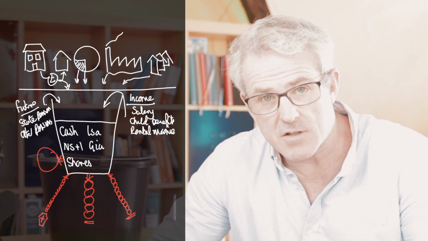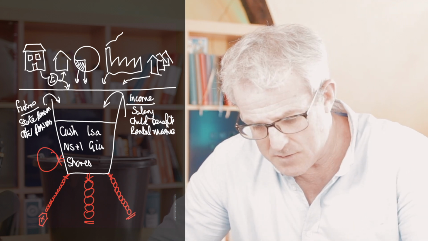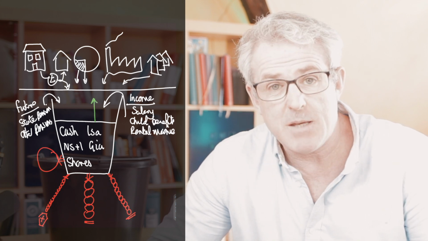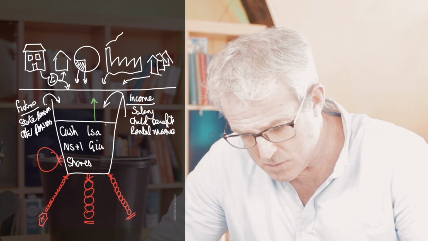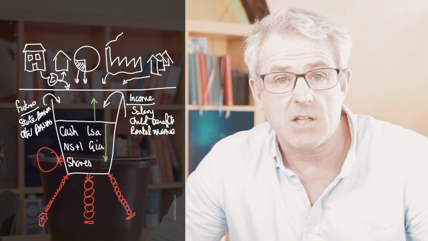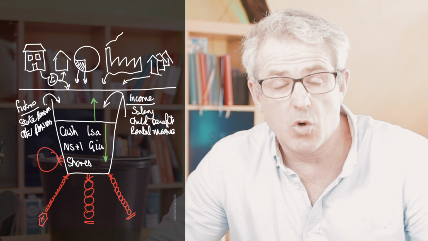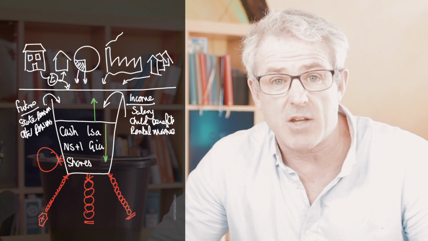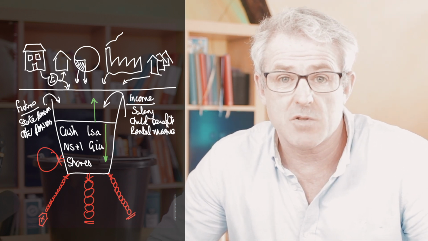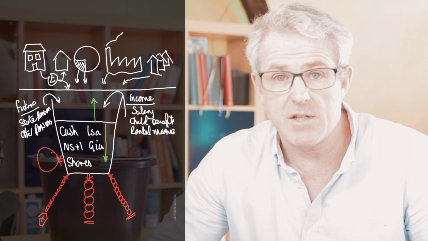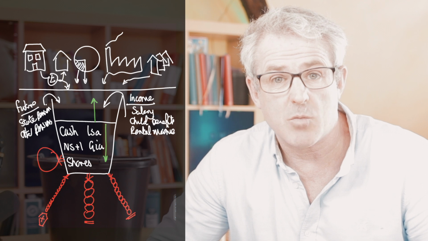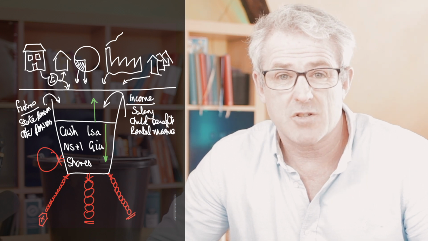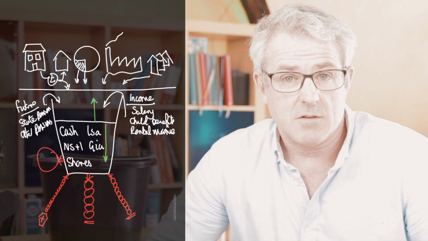Now, one of three things is going to happen. Either your bucket is going to keep filling up and filling up, and then it's going to overflow, or the level's going to drop down until it runs out and then you run out of money, or it's going to be about right. And they're the three scenarios. And what we want to make sure is that you can avoid the first one and the second one. We want to make sure that you're Goldilocks. Not too much, not too little.